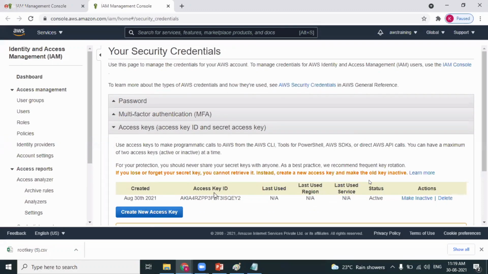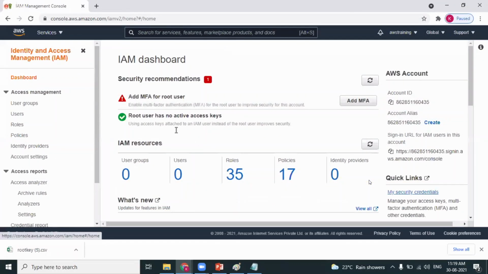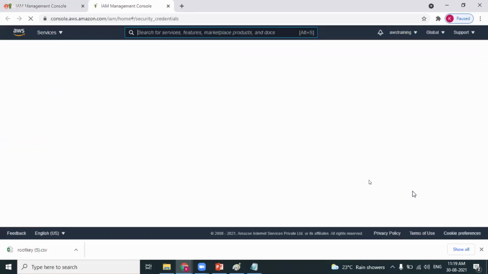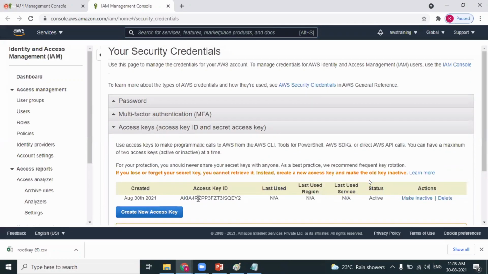Now the credentials are generated. I have shown you how to generate the credentials. If you already have the keys, that's well and good. If you don't have the keys, don't worry. Go to IAM, and then you have an action called My Security Credentials. Click on My Security Credentials, go to access keys, and then here you will get those two keys, which I already have.